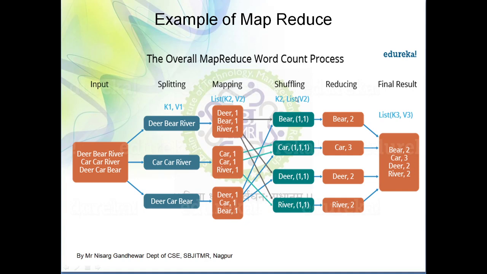So this is how the shuffling operation is performed. After shuffling, there is a reduce operation. What the reduce operation will do is combine or aggregate the output given by the map. Whatever output is generated by the map function will be submitted to the reduce function, and the reduce function will reduce it. Here it will measure the number of occurrences. How many ones are there? Two. So here we are going to write beer comma 2.